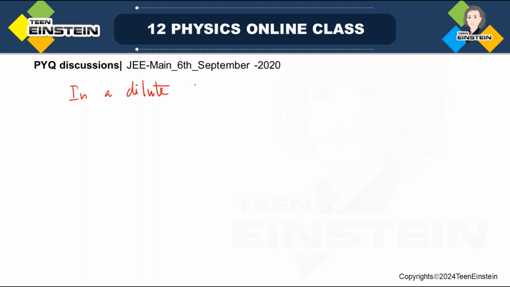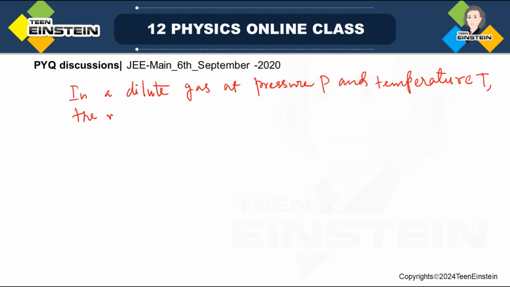In a dilute gas at pressure P and temperature T, the mean time between successive collision of a molecule